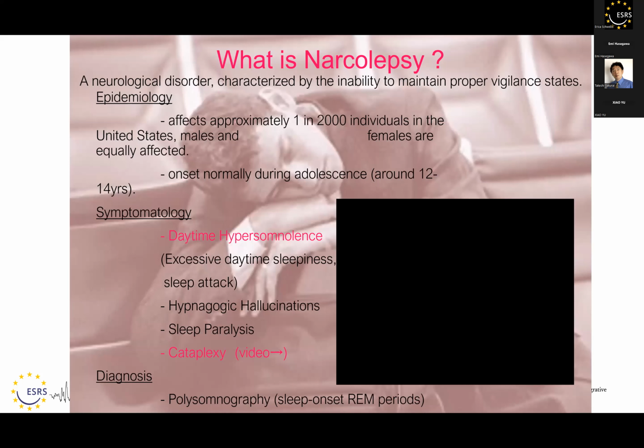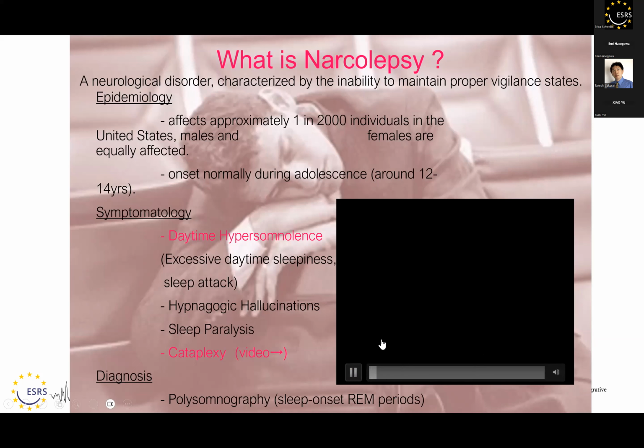So let me just briefly mention narcolepsy. Narcolepsy is a neurological disorder characterized by an inability to maintain wakefulness, most notably daytime hypersomnolence, which often leads to sleep attacks, which are a sudden onset of non-REM sleep at inappropriate times, such as during conversation or operating machinery. In addition, patients with narcolepsy may also experience